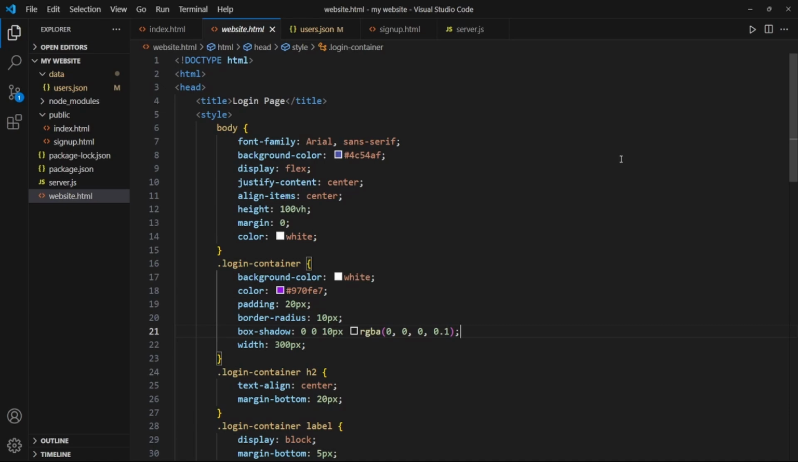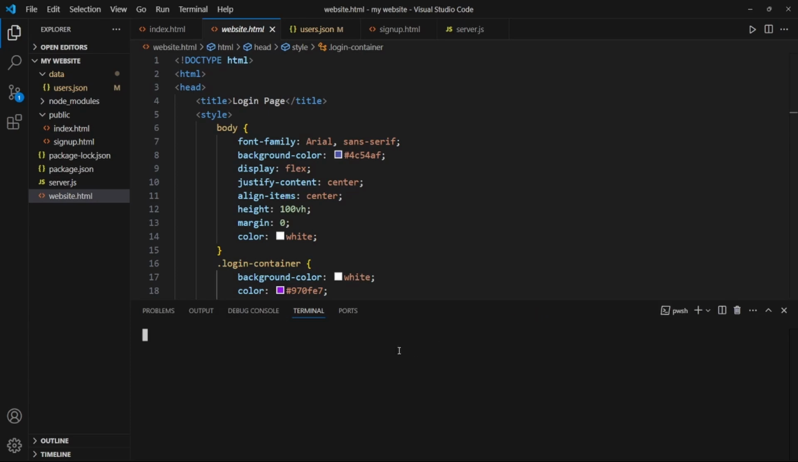So we have here a simple login and sign up web page. In this video, we will walk you through how this web page works from the user interface to the backend functionality. Let's get started. So let's start first of all our website and make it run in our port 3000